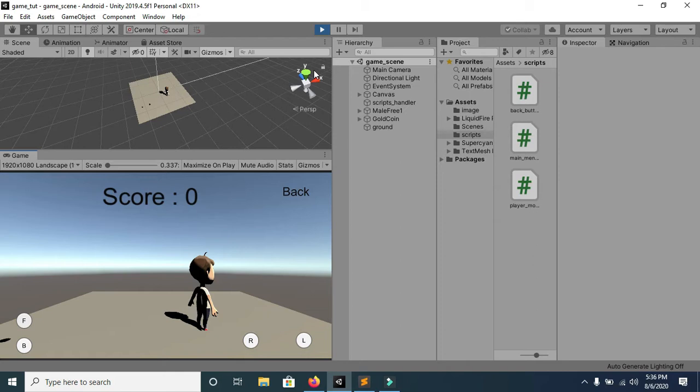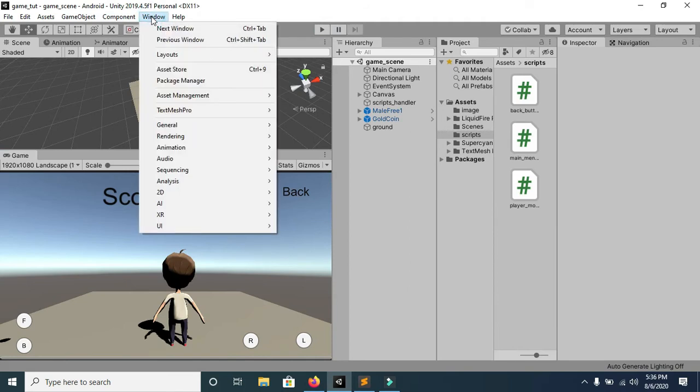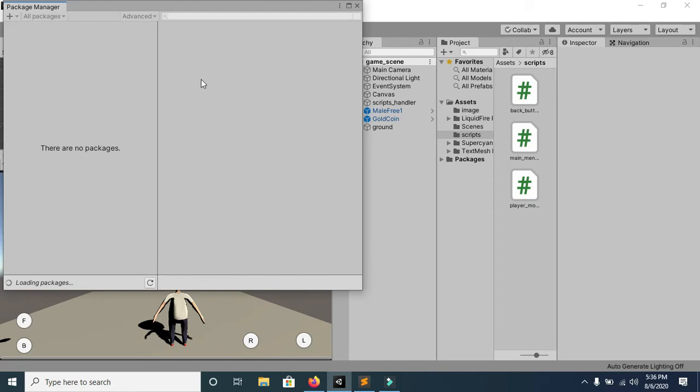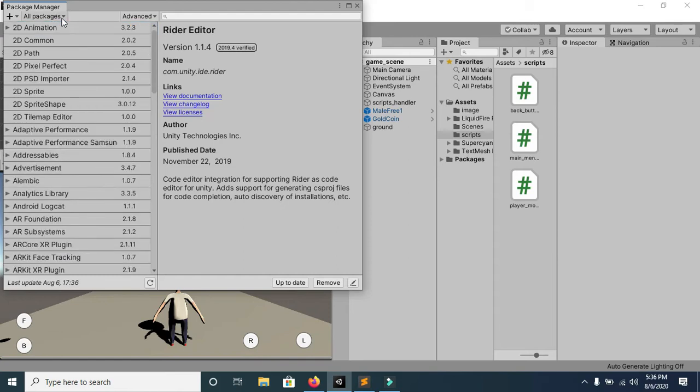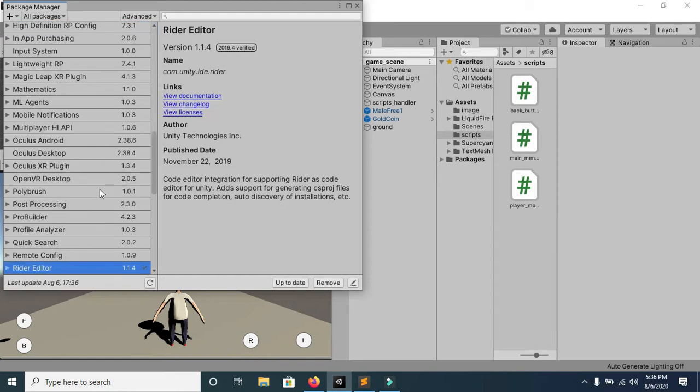So for that, first of all I will install a package. Basically this is the easiest method to follow your player's movement using the camera, and there are some other methods also, which you can Google and try.